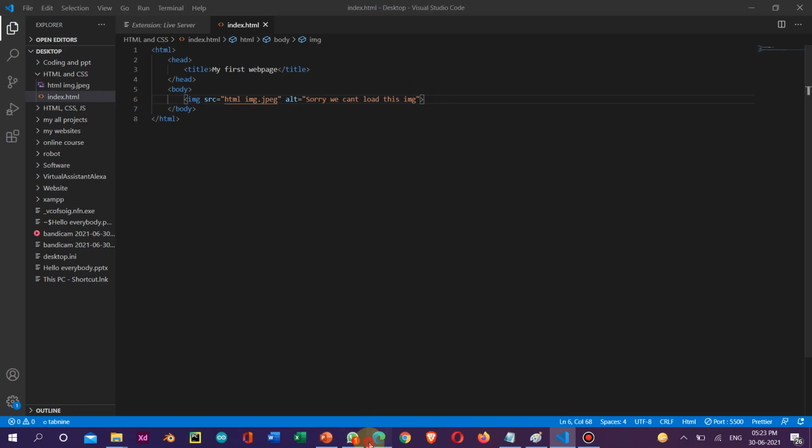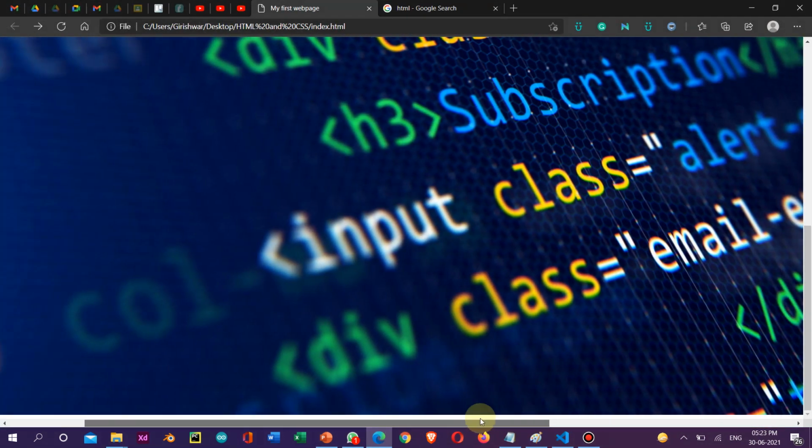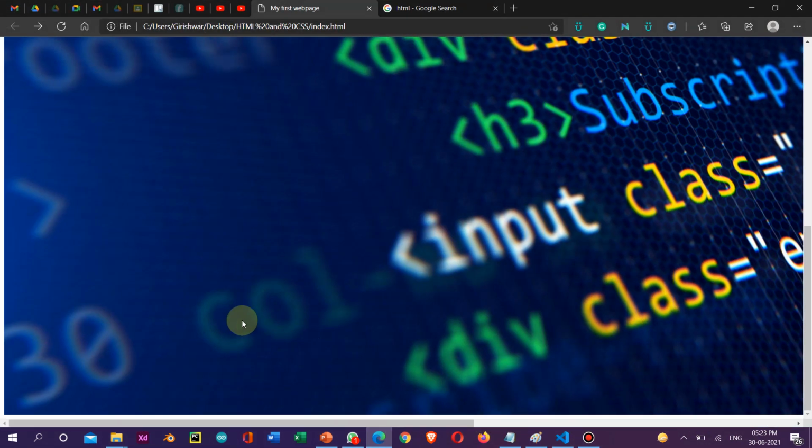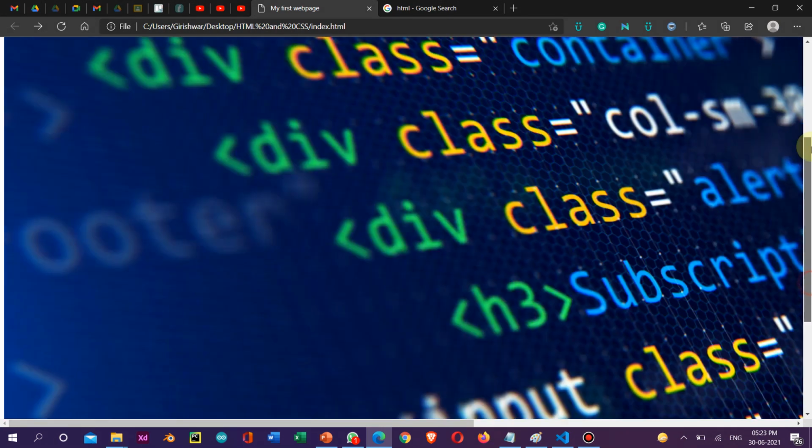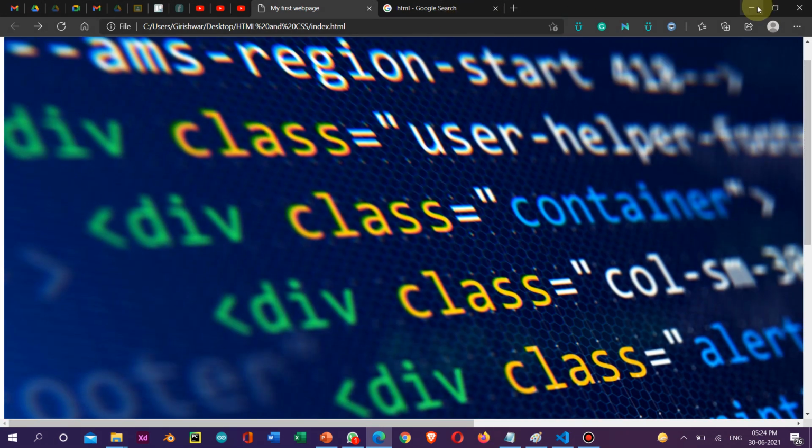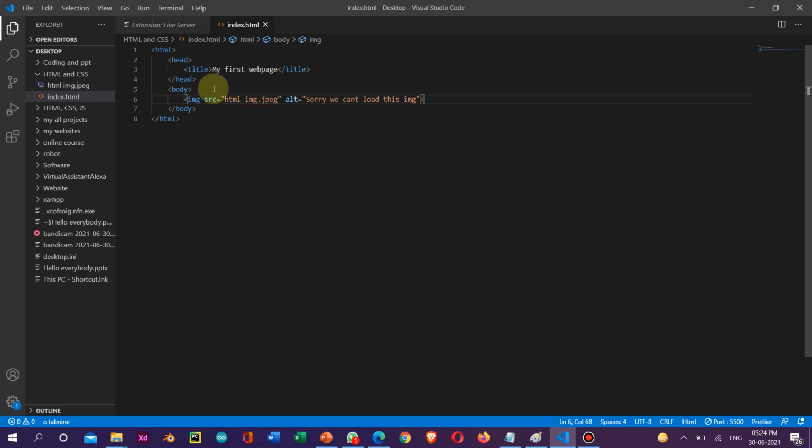You can see this horizontal scroll bar in my website. It makes my website look ugly, and this image is also ugly. So I am going to add CSS to my website. CSS is of three types. One is inline CSS, like adding